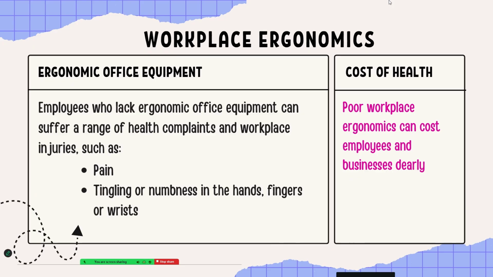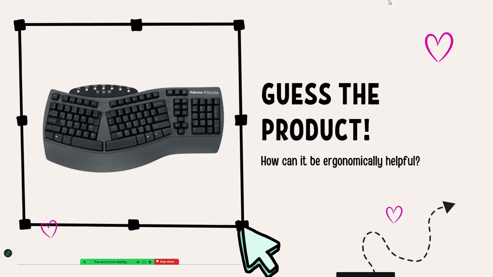So there are things that employers can do and most of them will do, but keep in mind they don't legally have to. When we think of ergonomic equipment, I have a few examples on the slides in front of me of guess the product. How can the product shown be ergonomically helpful? The first product, if you're not following along with the slides, is this curved keyboard that is actually split in half. So you have your straight keyboard, you've got QWERTY across the top, and it's one rectangular piece.